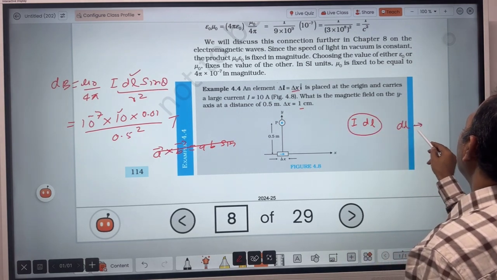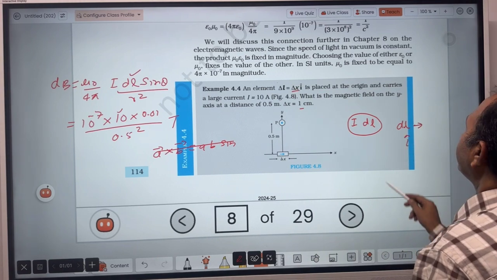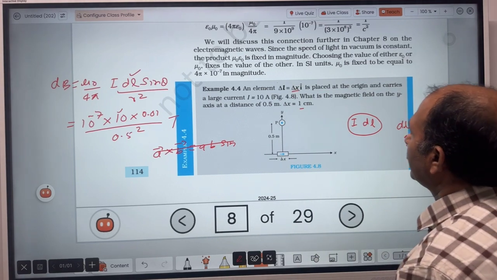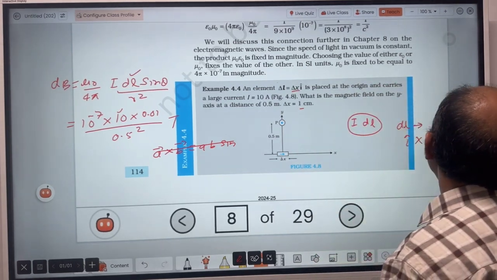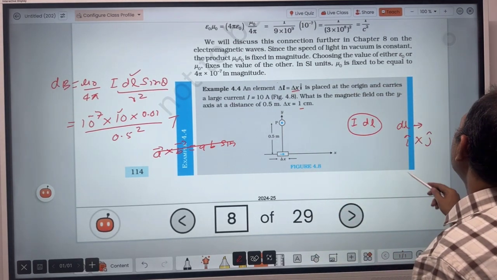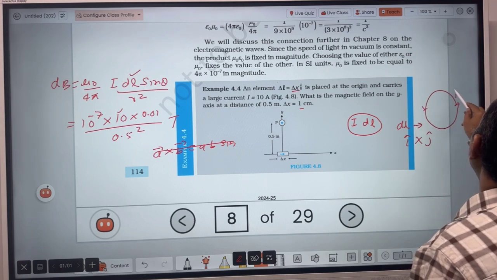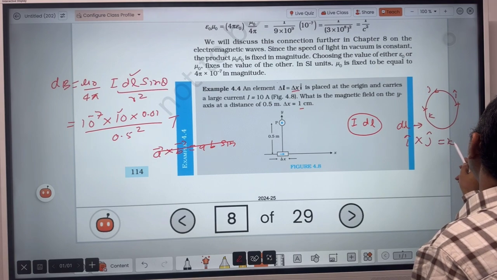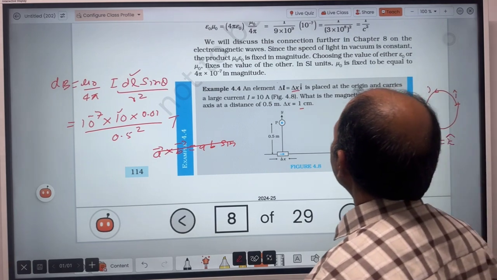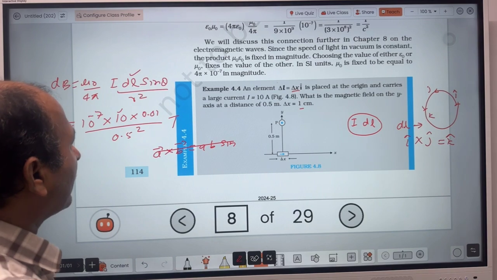So dl will be along the x-axis, so just take i cap, and the vector r you are taking in this direction, y-axis, so just write j cap. So i cross j, from here if you remember the rule, if you write here i, here j, here k, so you will get k cap. So field will be perpendicular upward or along